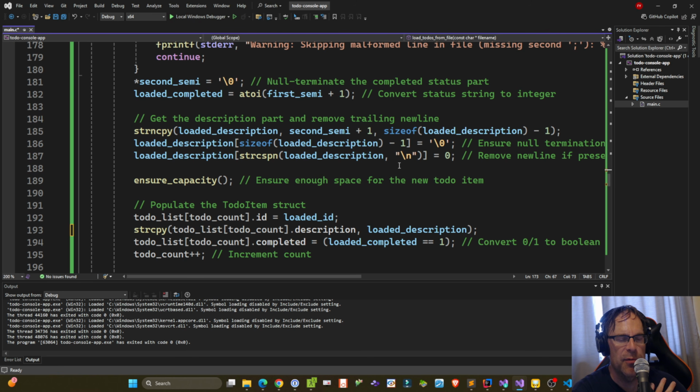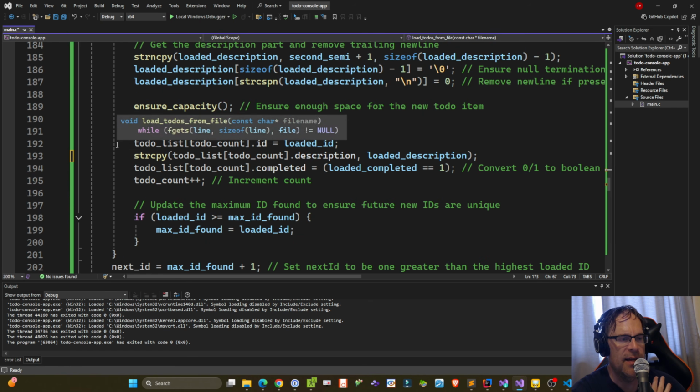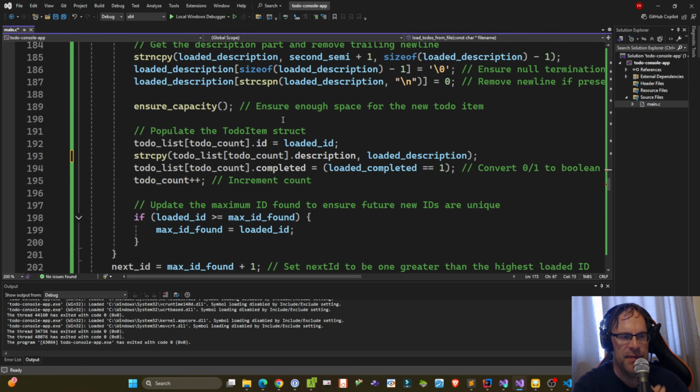And then we're going to remove the \n from the end of that string if one exists. Finally, we're going to call our handy dandy ensure_capacity to make sure that we've got enough space for a new to-do item. And then we're going to copy in the updated values of what we're parsing in from that file